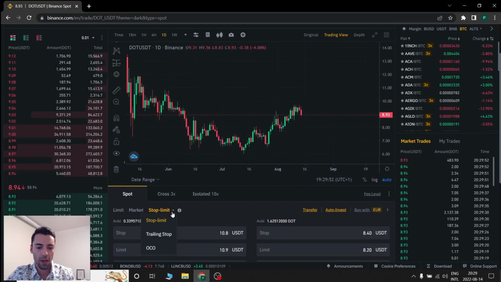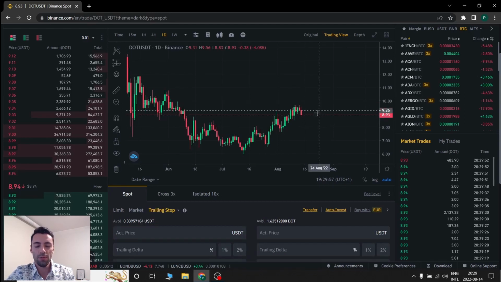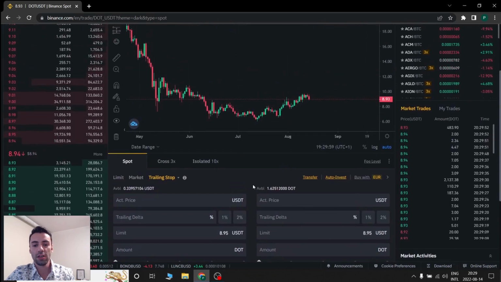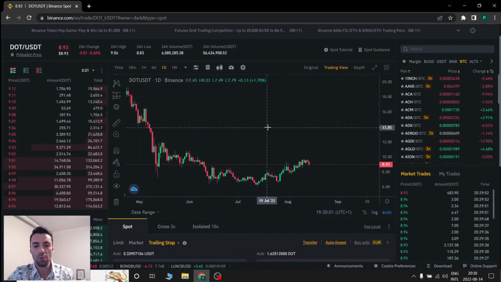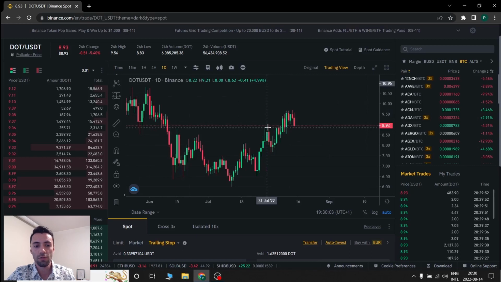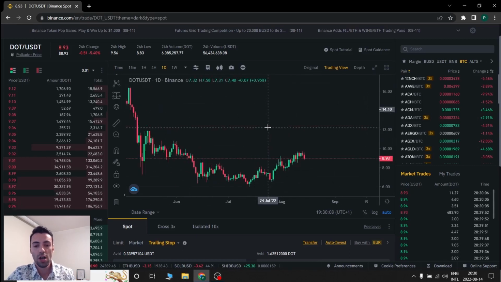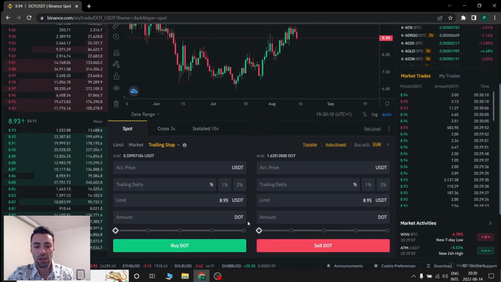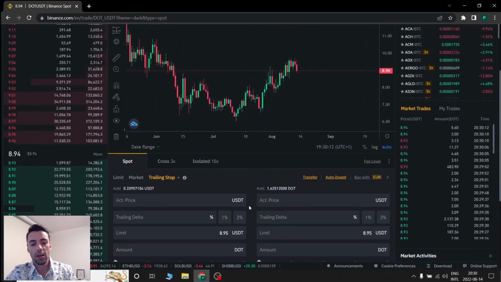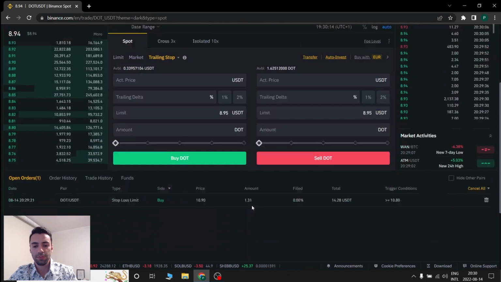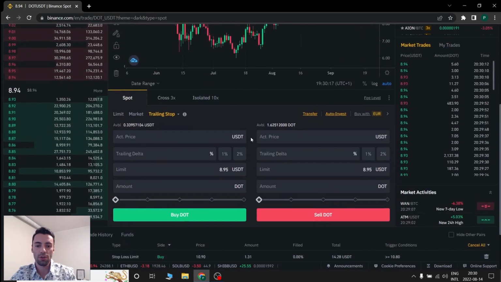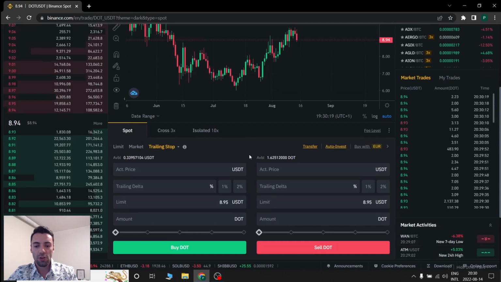So now, after stop limit, we have trailing stop. So actually this is kind of a new feature that's added to Binance. We had it in the futures market. I will tell you when we go through futures, but in spot, actually, it's kind of new. And let's talk about it. So right now, I think it's mostly used for the sell part, because